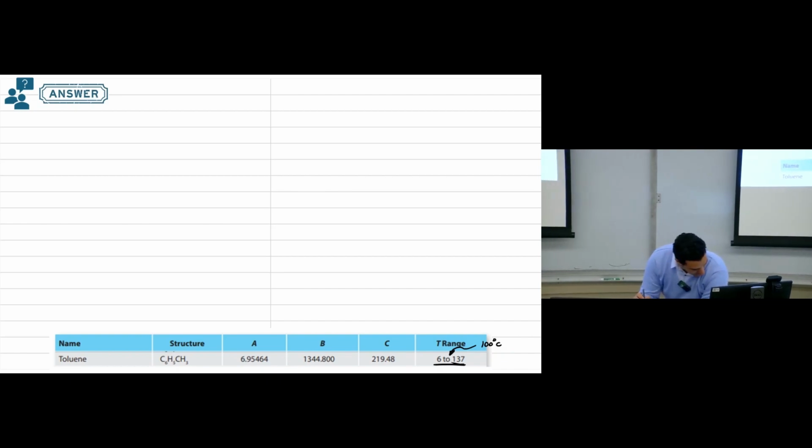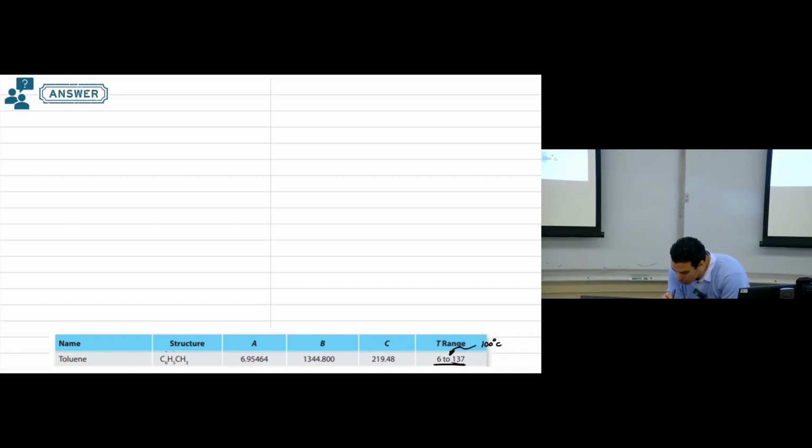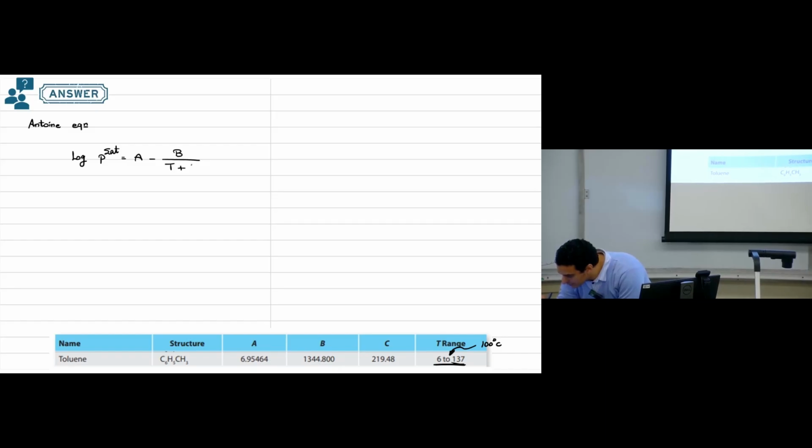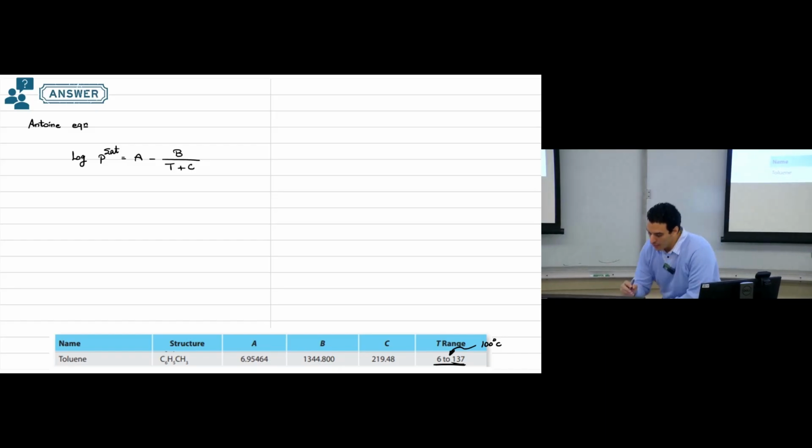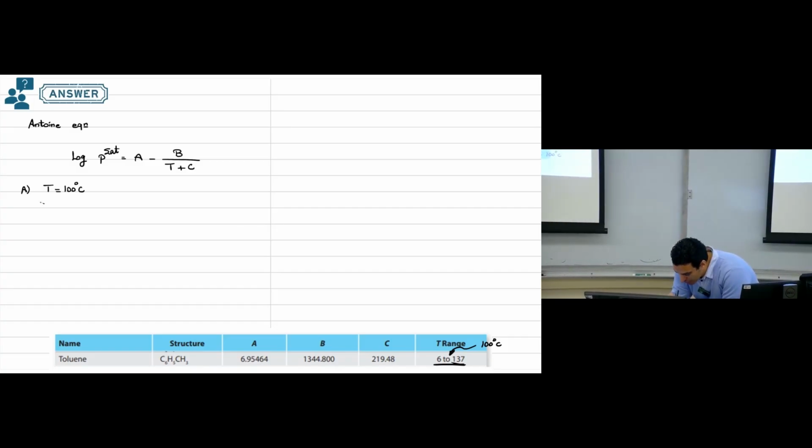So for this one, let's recall the Antoine equation. The Antoine equation says the logarithm of saturation pressure is A minus B over T plus C. The first requirement is we need to find the saturation pressure if the temperature is 100 degrees Celsius. So from the appendix,